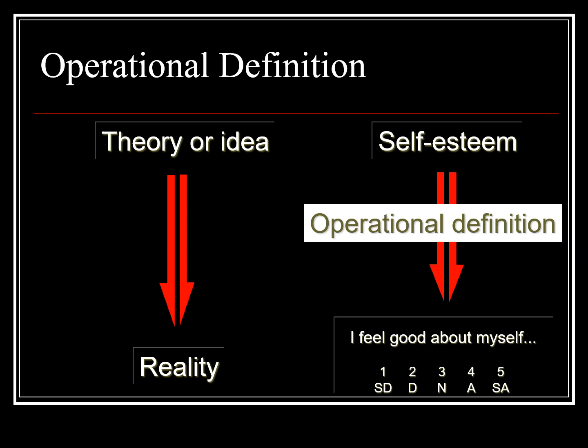actually observe. So the process of taking an idea, for example, self-esteem, so we have a theory, we have a concept, we know what we're interested in. We now have to decide how we're going to operationally define it for our specific experiment, our methodology. So for example, our theory might be self-esteem. Our operational definition might be a question, "I feel good about myself," on a 1 strongly disagree to a 5